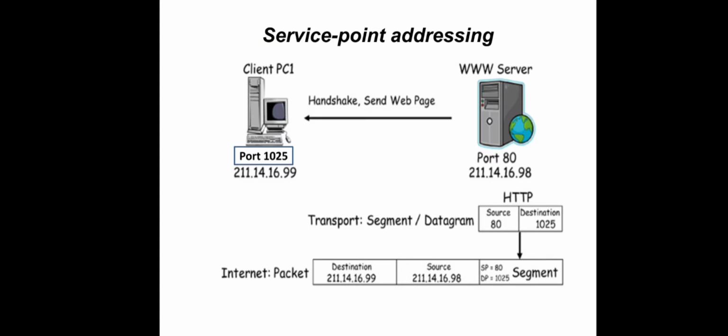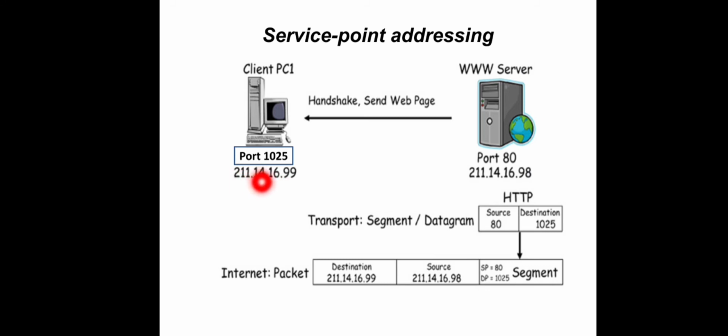As we know, each and every process should be uniquely identified using some number or address, and those are called port numbers. You remember in the previous session, right? So every process will have a port number to identify it. So just for example, here the client is requesting some information from the server, okay, and the corresponding address, the client process address is 1025, the port number is 1025. And as we know, the machine will be identified using some IP address, right? And the machine's IP address is this.